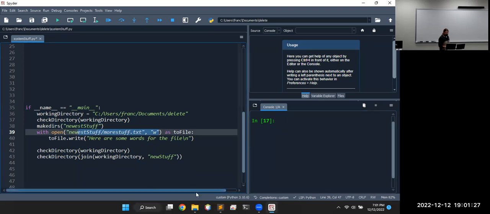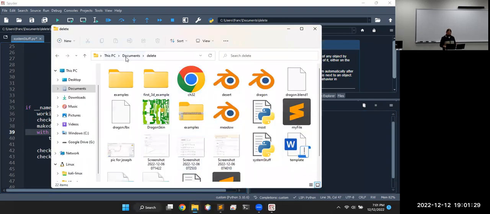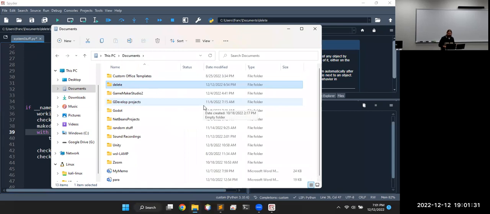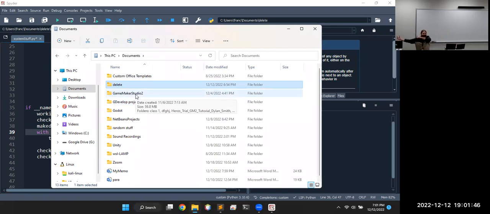If I come over here and look at the documents folder, I did a factory reset right before the semester started, and I did not create a folder called Game Maker Studio. When I created that software and ran it for the first time, it automatically created that folder in order to store the projects in it. Same thing with GDevelop. I did not make a folder called GDevelop. First time I ran the software and tried to save a file, it automatically created that folder as a default place to put things. Or Godot,